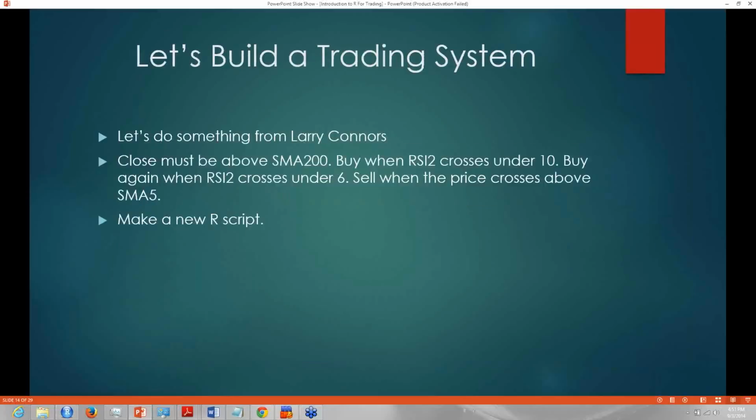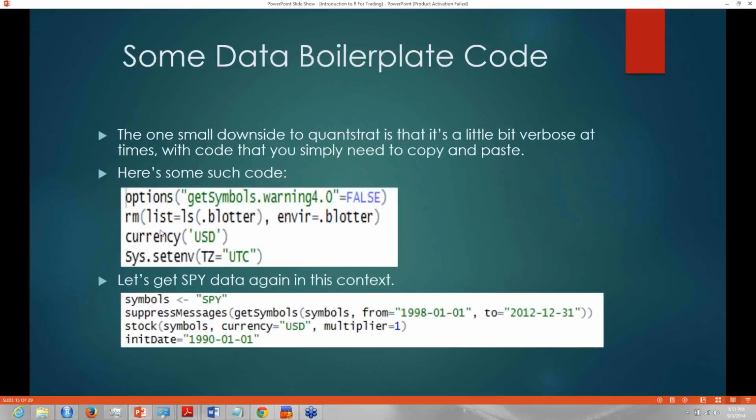So let's build a trading system. It's going to be a Larry Connors trading system, and here's the strategy. We want our ETF to be above its SMA 200, and we buy when the RSI2 crosses under 10. We will buy again when it crosses under 6, and we will sell when the price crosses above the SMA 5. So we're going to make a new script, and just a heads up, there is a bit of boilerplate